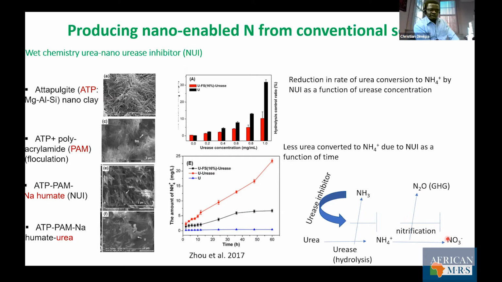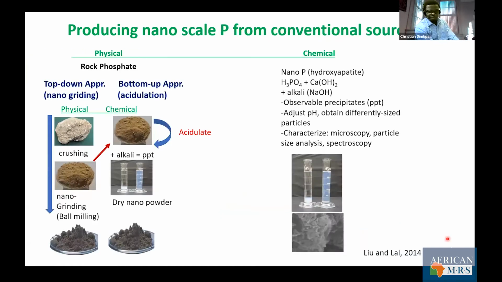So this slide shows the production of nanoscale phosphorus from conventional source. In this case, you use rock phosphate, which is a physical means. It can be two-way actually. It can be physical or chemical. In the physical means, you just simply take your rock phosphate, you crush it into powder. In this case, this is not nano powder. You can iterate this process several times to reduce the size from this bulk material here, bulk powder here, to